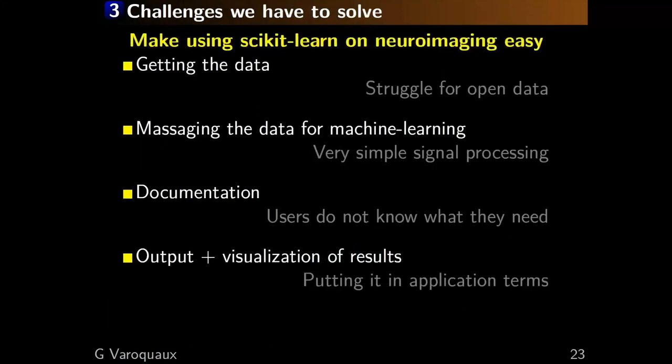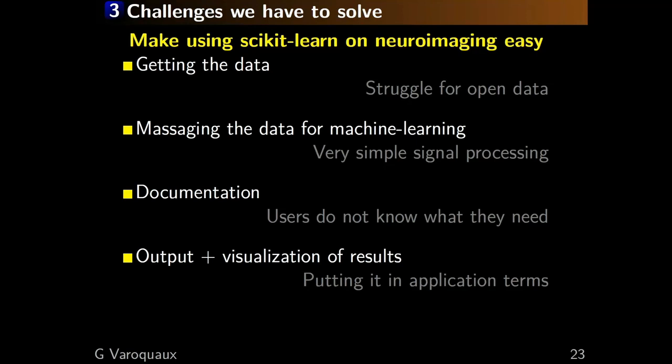So the challenges that we have to solve for this goal: the first one is to get data for people to be able to try things out. And that's a big problem for us, because it's not a problem that we can solve. We need to basically beg people to share interesting data. And there are things in Scikit Learn that we can't develop because we can't show that they work on open data. That's a bit of a curse of the medical imaging field, that it is often not interested in sharing data. Then the second thing is that we need to massage the data to go from images to something that we can